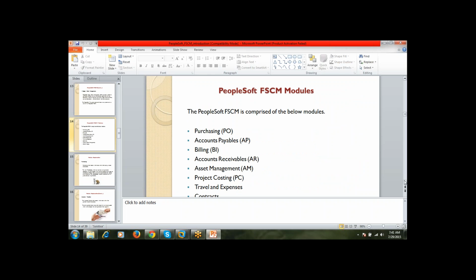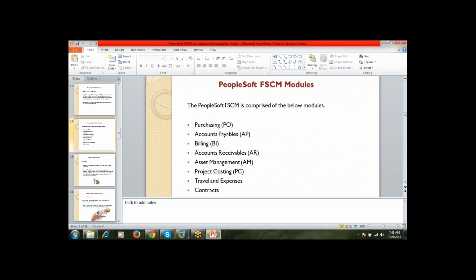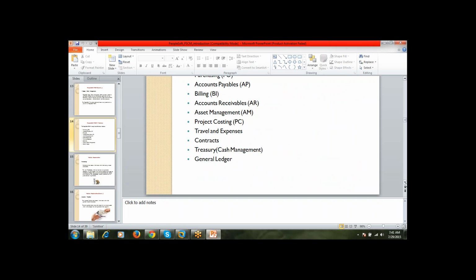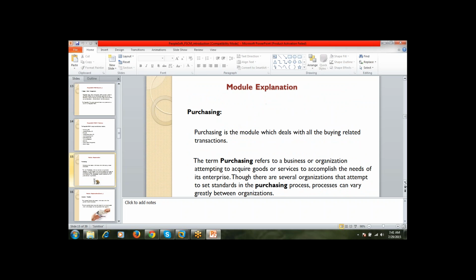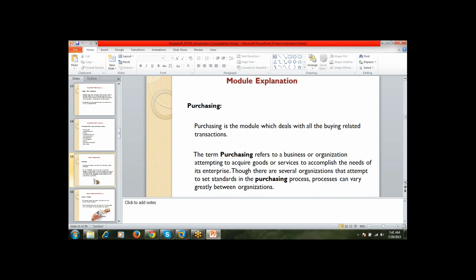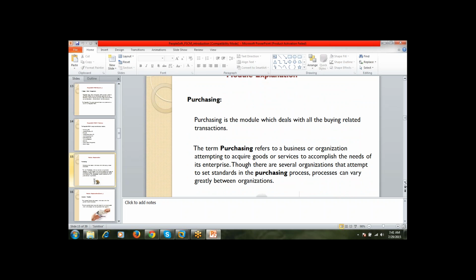See, these are all the modules that we have in PeopleSoft Finance, FSCM. Purchasing is the module which deals with all the buying related transactions.